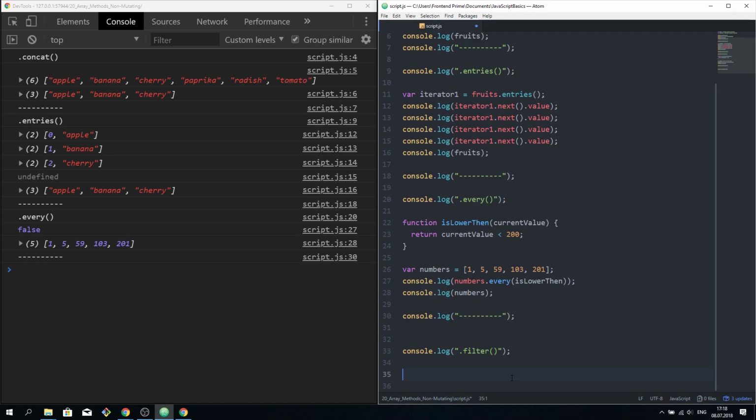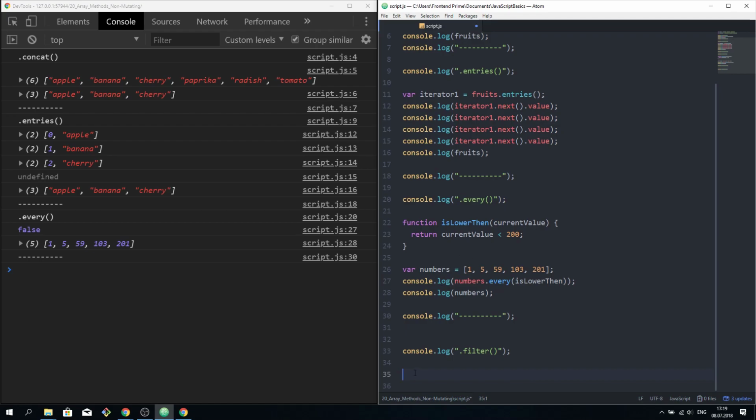It returns for us an array with elements that pass some sort of test. So for example,